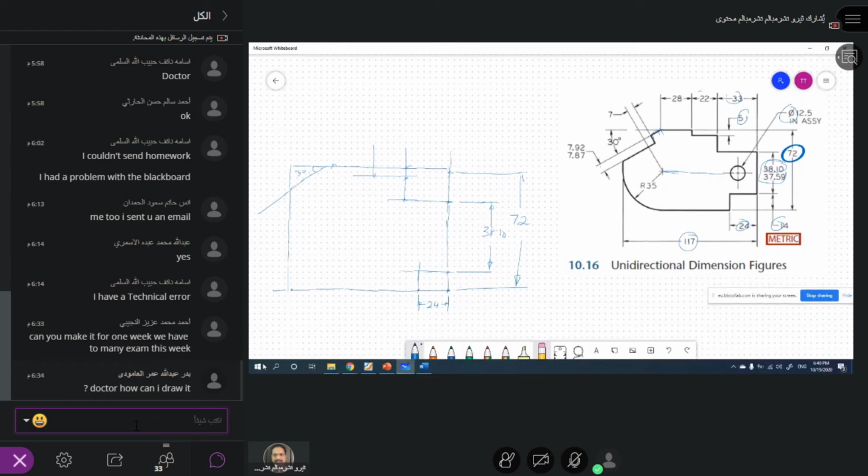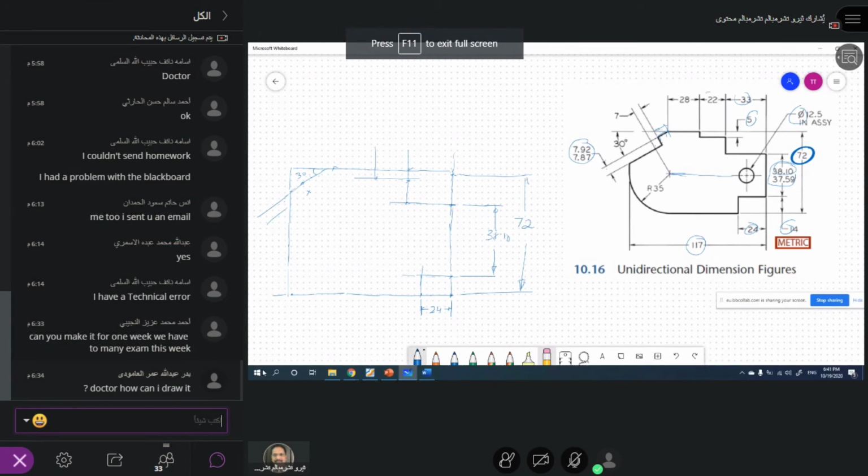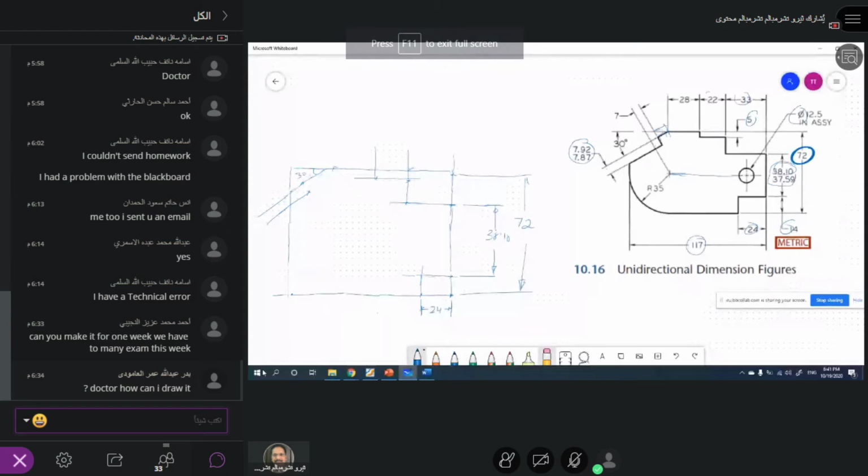So now what we can do, this length is necessary. I don't know why they see the dimension, how important is this dimension, okay. So how can I do this? I can extend this line 30 degrees fine, and from this 7, that is the center, and this depth is 7.92. So take this 7.92 from here to here, then draw a parallel line. All right. So then you have to join it here,